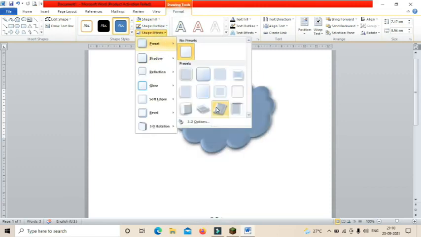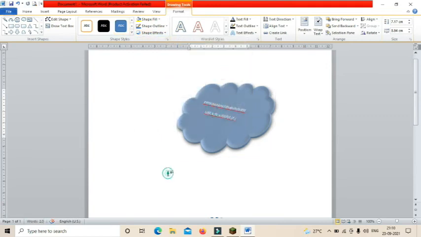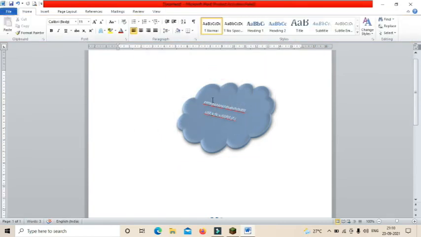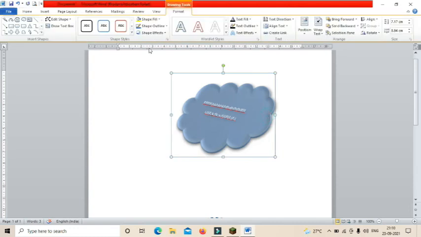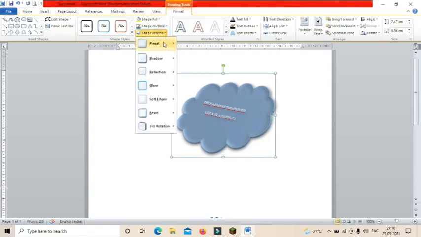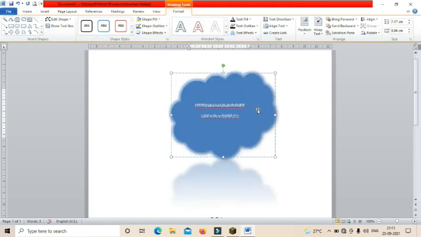The preset option changes this shape and gives a 2D effect. It looks like a plate or cloud, right? So we can change the appearance of the shape by using shape effects.